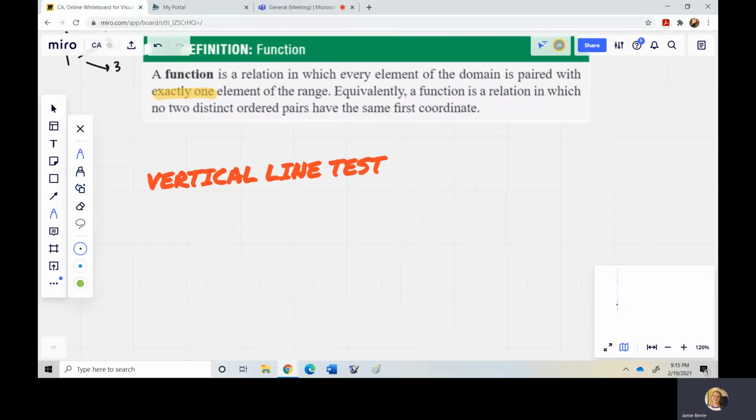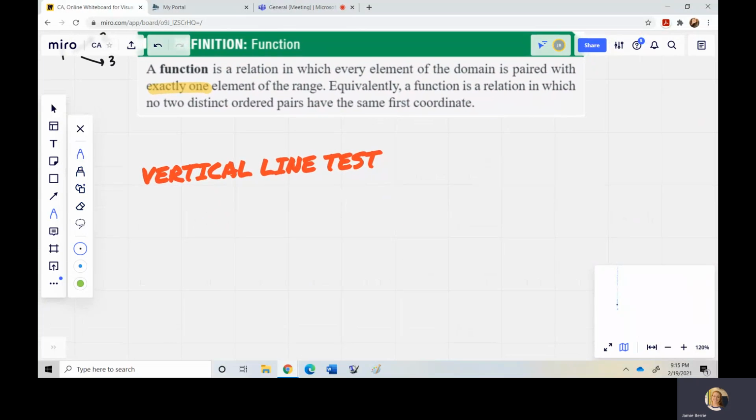All right, then we have this section here for the vertical line test. You've probably heard of the vertical line test before. Usually, I will just abbreviate this VLT, so I don't have to write the whole thing out. So vertical line test, VLT. The vertical line test is a way that we can determine if a graph is a function. So this says that if a vertical line